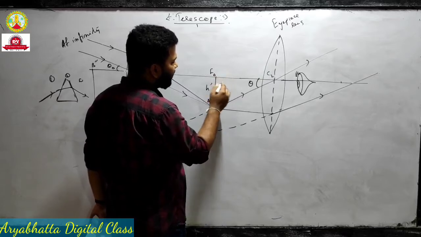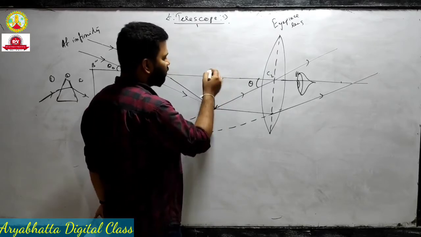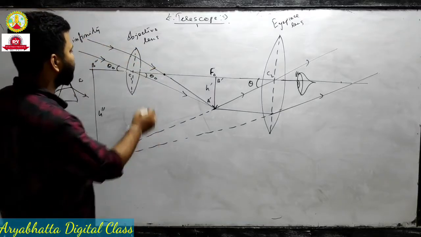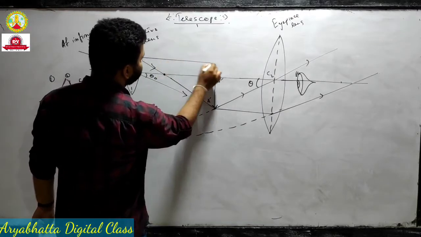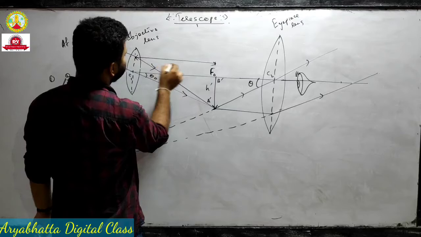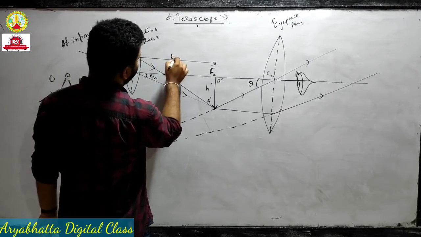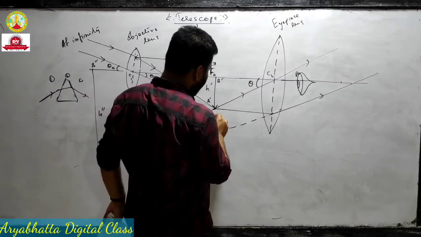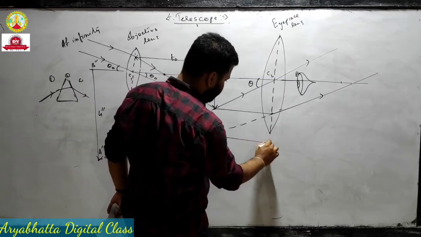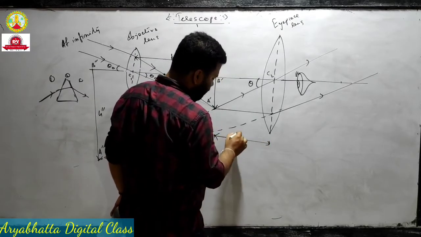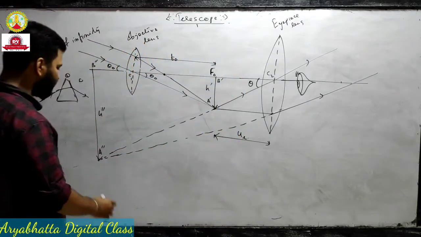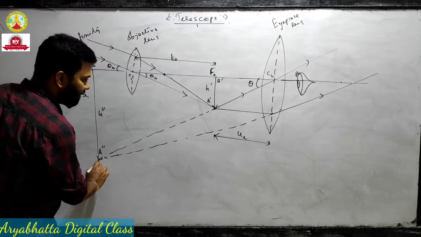So B dash I will write here, both are the same. So this is f naught. F naught means focal length of the eyepiece. So this distance is focal length of the not eyepiece, objective. FO. Done. This one from here to this is the object distance for the eyepiece, and this is the image distance